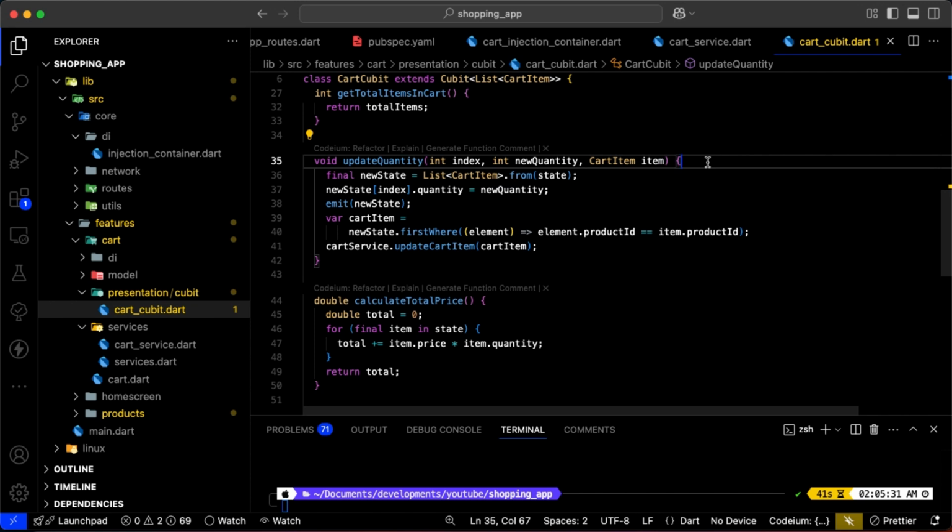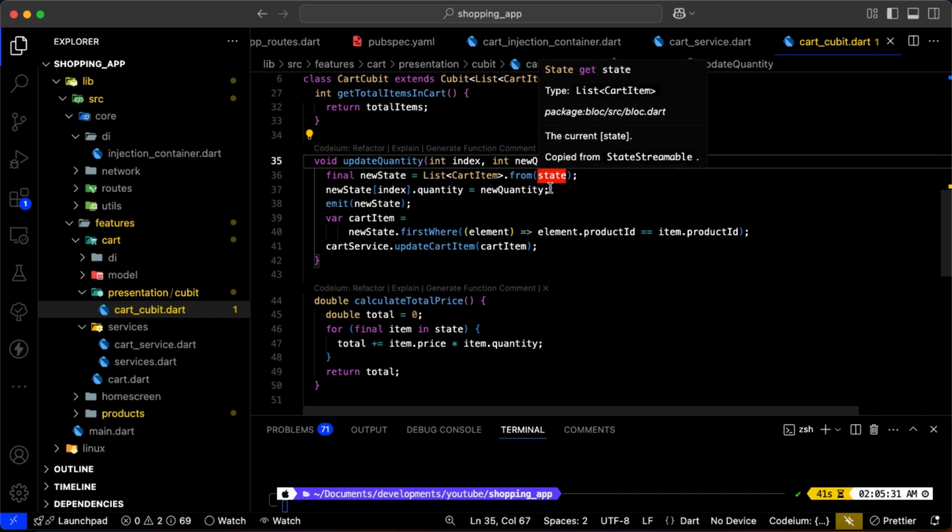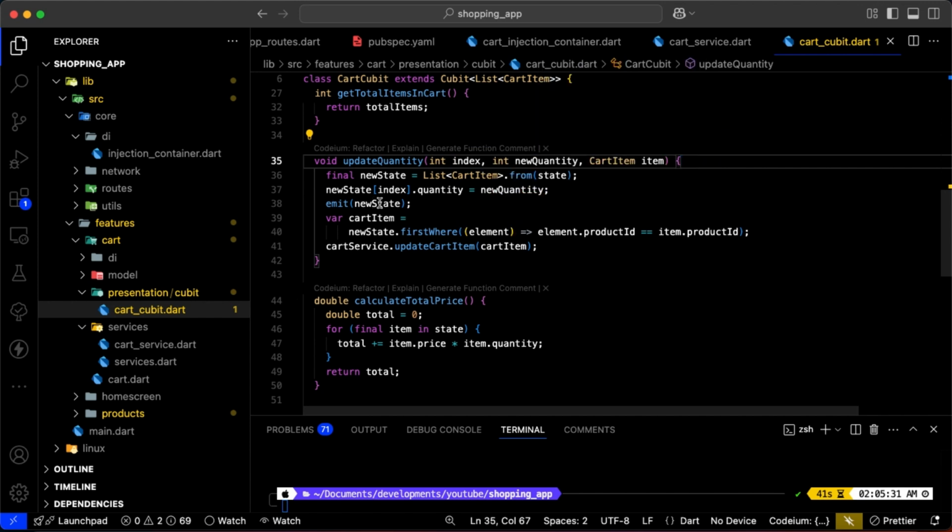So what we're doing here is getting all the items that are available in our cart, in our state, and we take the current one, which we will supply its quantity, and then we get the new quantity that the user added. So if it was 1 and then the user added 2, then we emit the new state for that particular cart